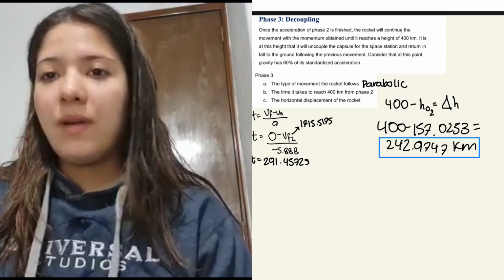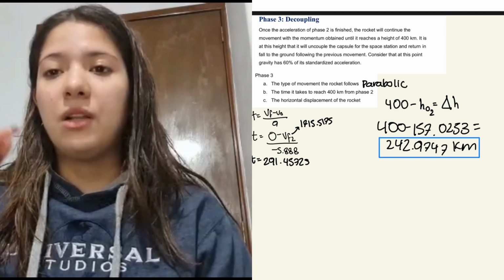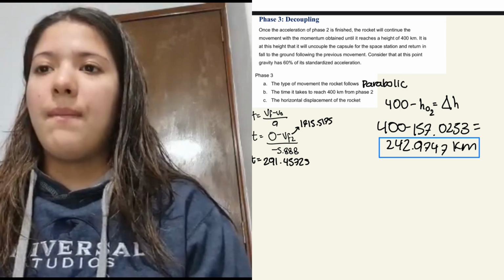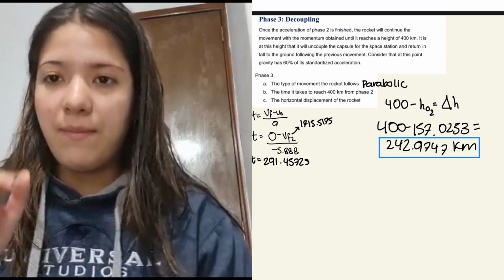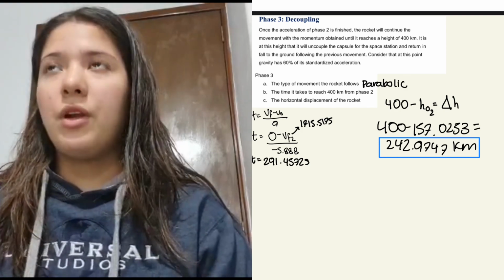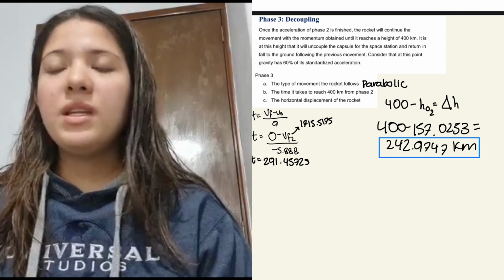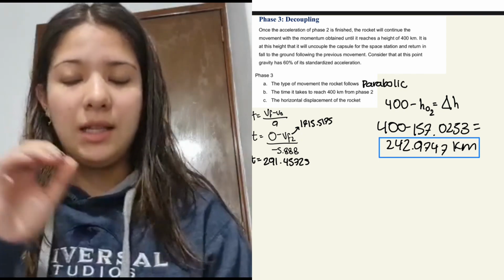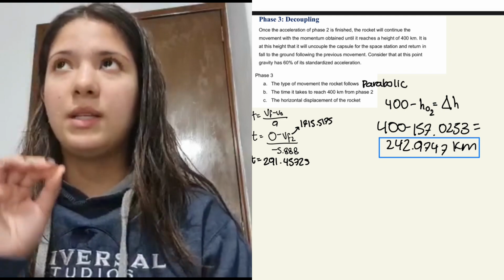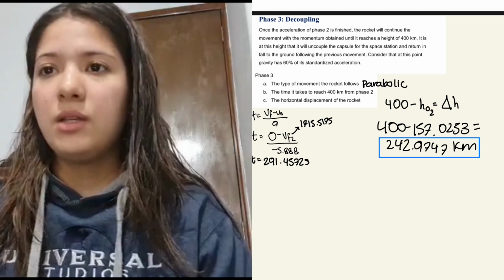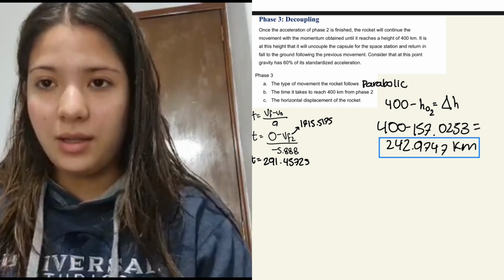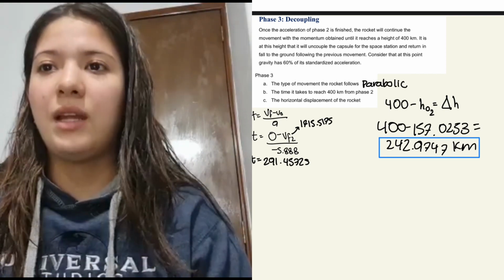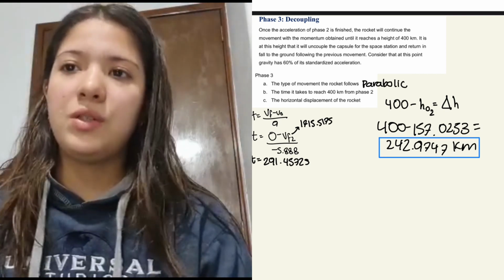1,715.5172, and we divide that by the acceleration in negative, that in this case will be 5.88, because we're considering the 60% of gravity acceleration, that we know the normal acceleration is 9.81. So in this case, since it is only the 60%, it is 5.88. And that's how we get the time, which is